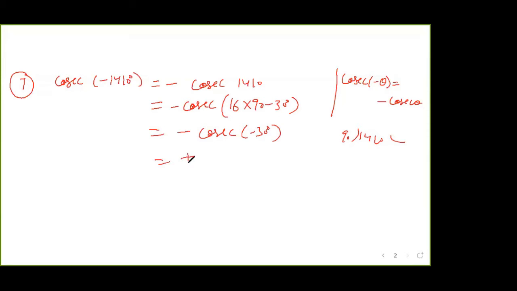And again it comes out with a plus sign, since cosecant of minus θ is minus cosecant θ: cosecant 30 degree. What is cosecant 30? Sine 30 is 1 by 2, so cosecant 30 is 2 by 1, or you can say this is 2. If you want the multiple of 360, then you can divide this by 360. You can do this question this way also. Right? So question numbers 6 and 7 are done.